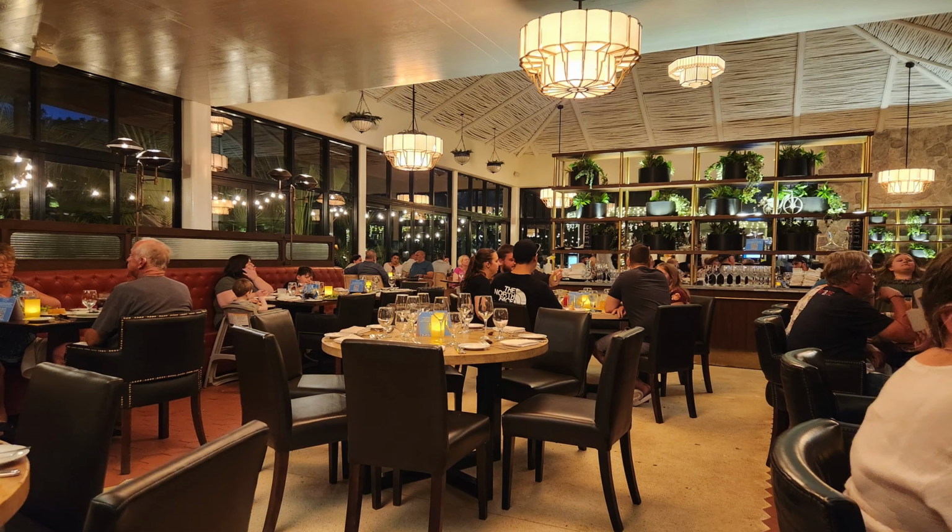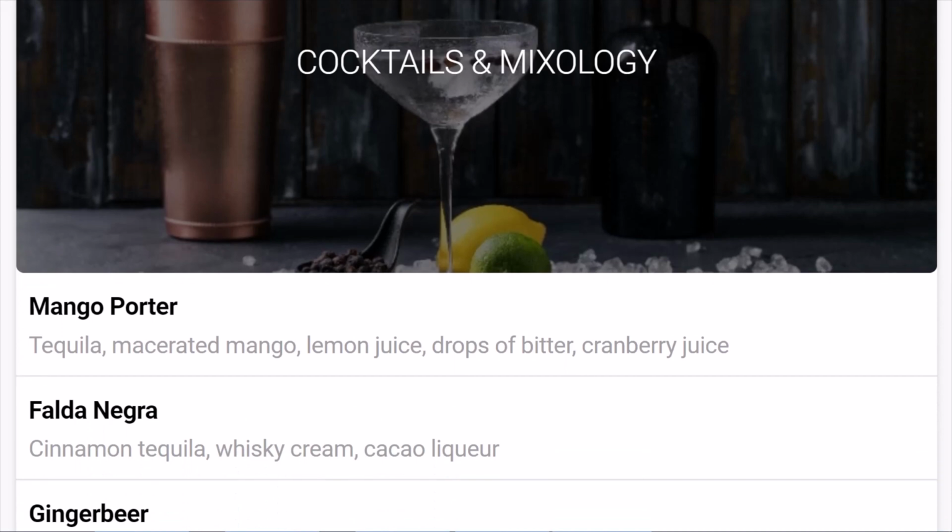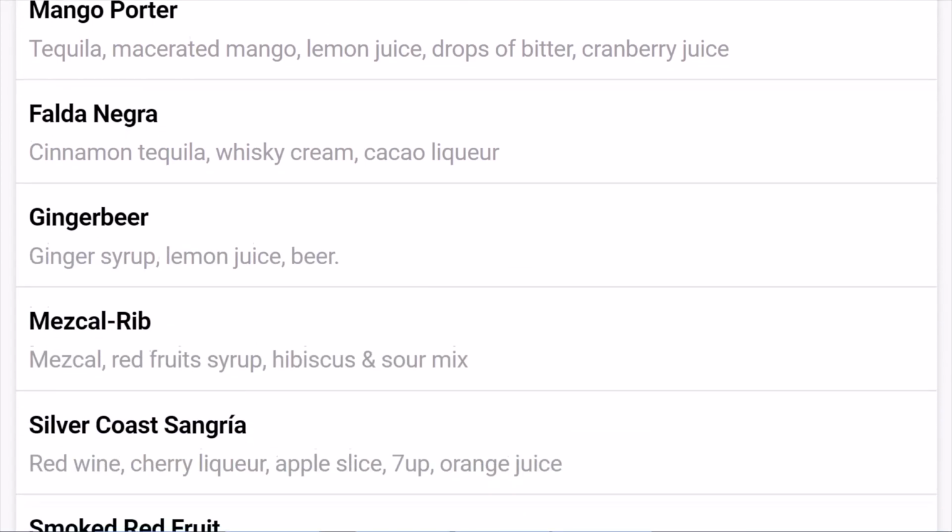Walking into the Steakhouse is a unique experience, as the atmosphere is a total blend of an open, airy, light restaurant combined with what you would typically see in a steakhouse, meaning leather-looking chairs and dark wood. No red wine for me tonight, not when there are interesting cocktails to be had. Mango porter was my first libation, and I should have stopped there,